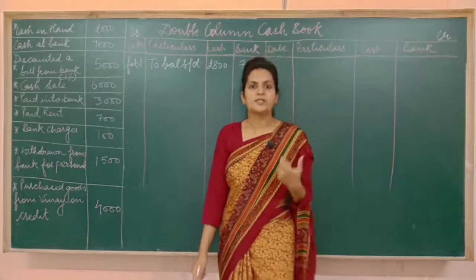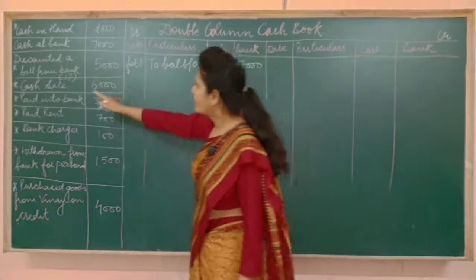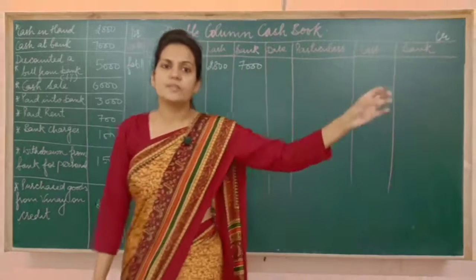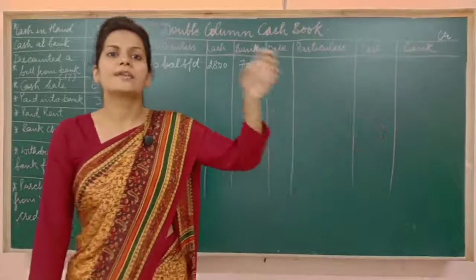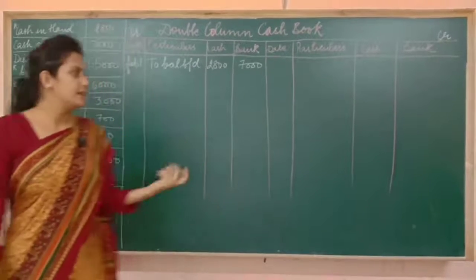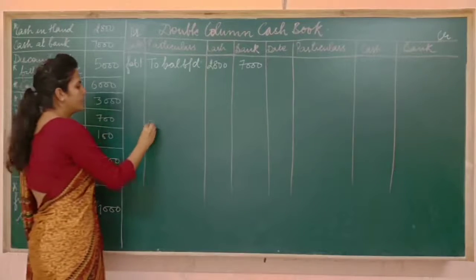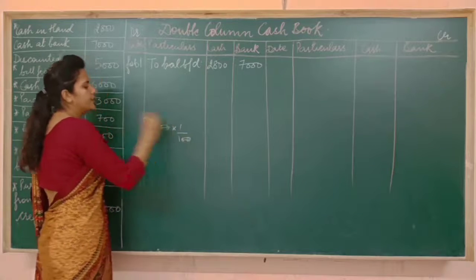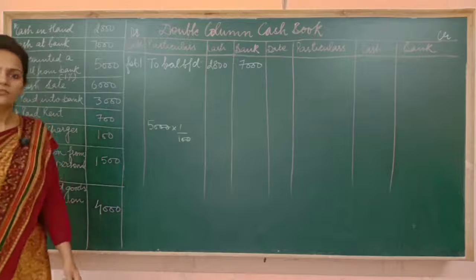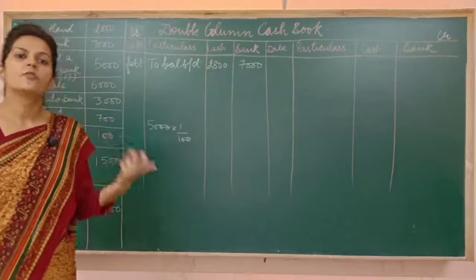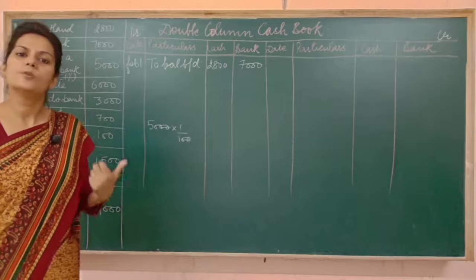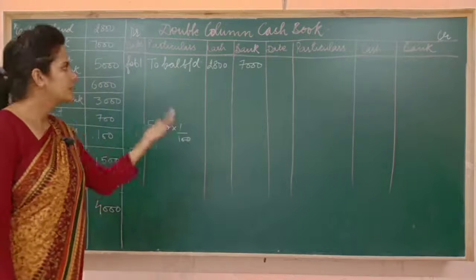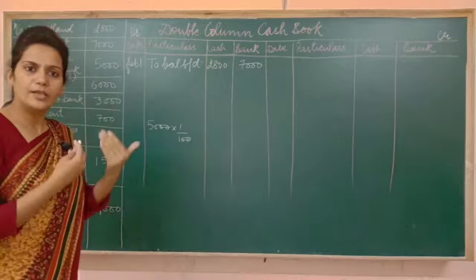So the bank has deducted some discount. Here the bank has deducted 1% discount. It means I have given a bill of rupees 5,000 to the bank, but the bank has given only rupees, just check how much. If 5,000, then 1% is 50. It means the bank has deducted rupees 50 and has given rupees 4,950 to me. Now here I am getting the money from the bank, so it means the money is coming into the business.